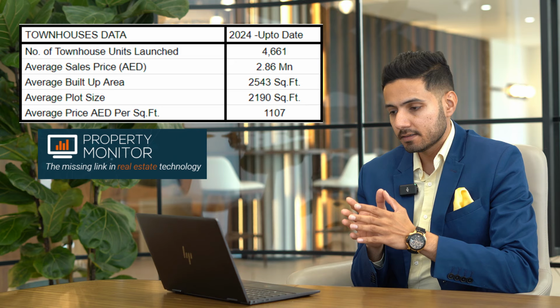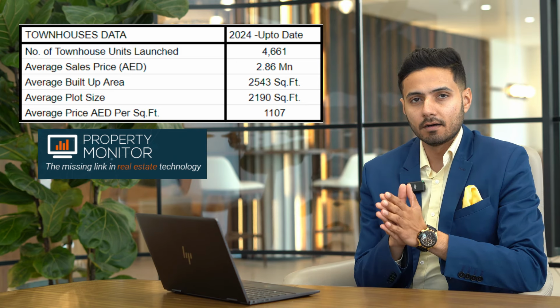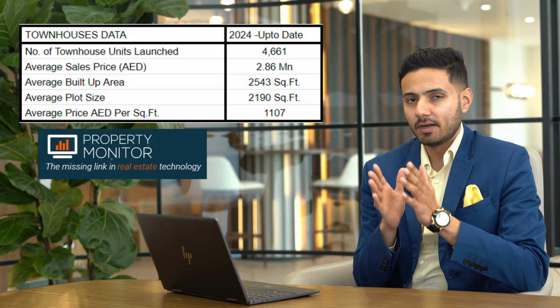And let me tell you, this product you will never regret owning it. So most likely you'll be having a family of 4 or up to 6 in case you're having your parents as well living with you. So generally the 4-bed corner townhouse would suit that kind of a family. And if we see what's the average built up area for the 4-bed townhouse, it is close to 2500 square